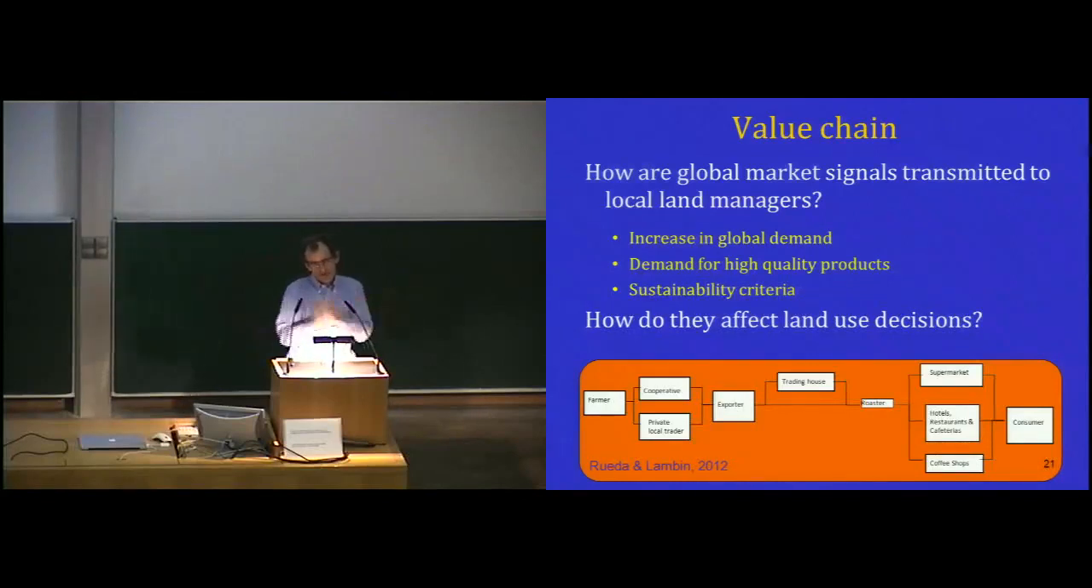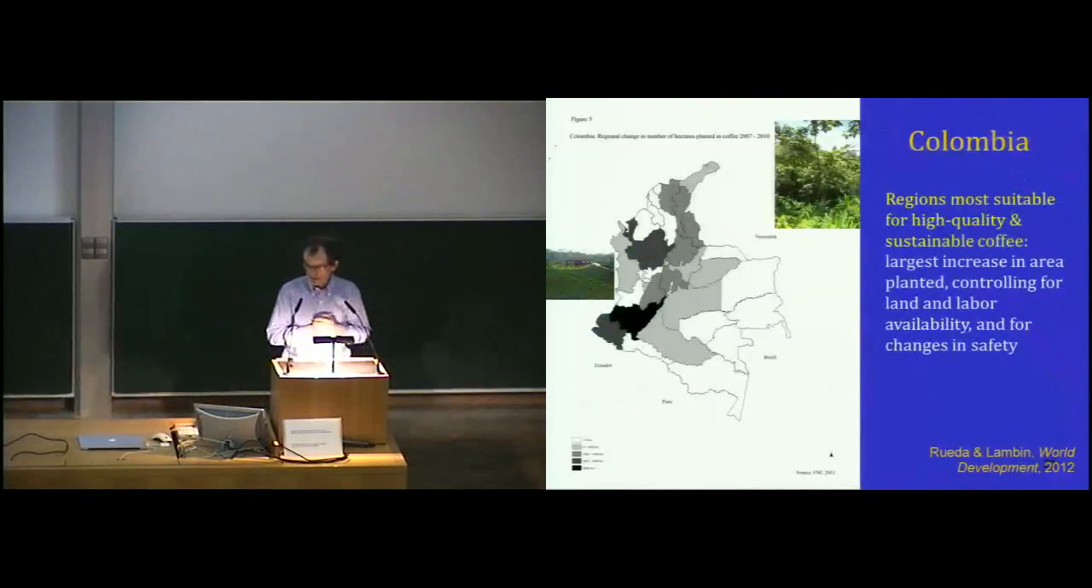And by studying the supply chain, you can try to understand whether the signal that's being sent by the final consumers, that is, this preference for high quality, certified product, is being transferred to the producers, and whether the signal does influence land use practices. This is some of the work we've started to do. This is with Jimena Rueda again in Colombia, where we looked at the impact of Rainforest Alliance eco-certification of coffee